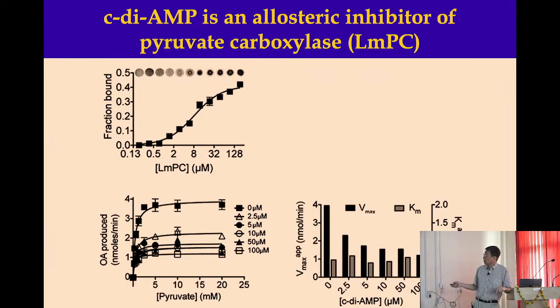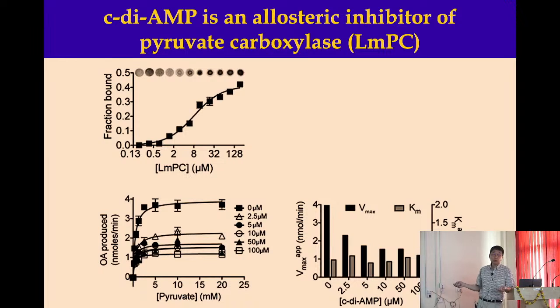And then he also did enzymatic assays. In this case, you can see the compound binds, the Vmax goes down, but the Km doesn't change, as shown right here. Km just bounces around, but doesn't really change much. Vmax, as you can see, went down a lot when you have more and more cyclic di-AMP. That means it's not competitive, because if it were competitive, when you have more and more substrate, it should compete out the inhibitor. So very likely, it's also allosteric.